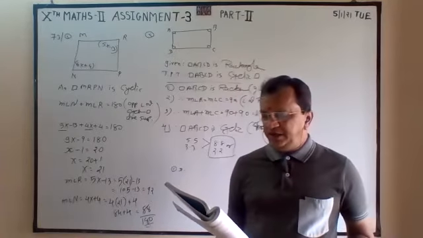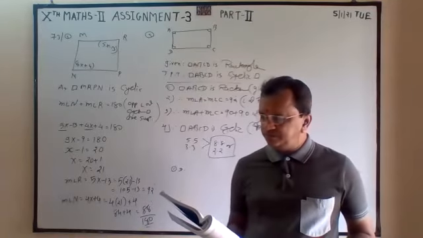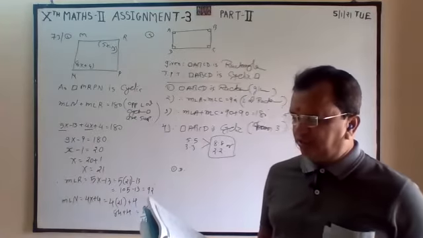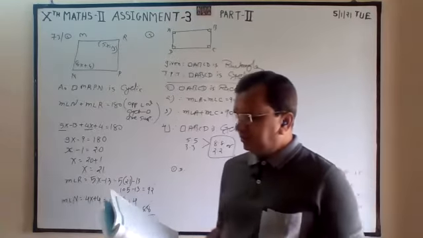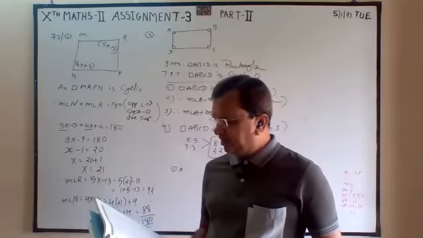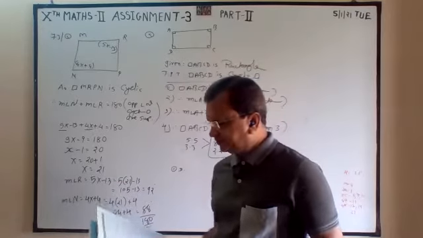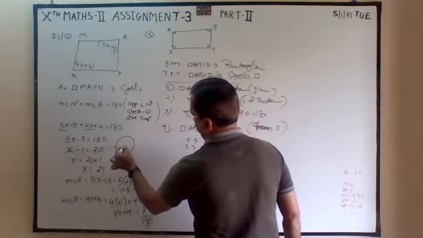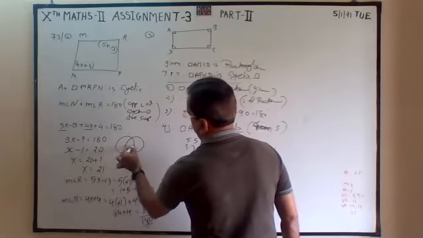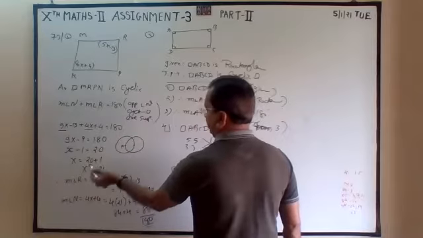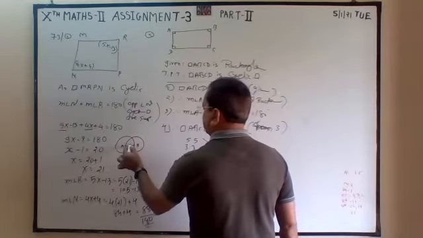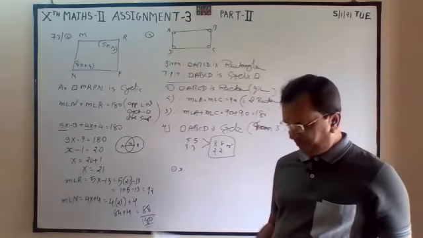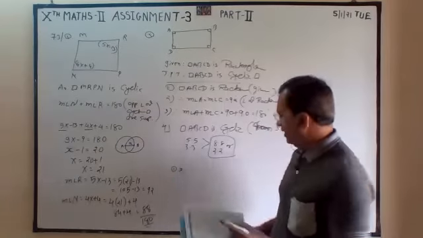Two circles intersect each other such that each circle passes through the center of the other. The distance between their centers is 12. What is the radius of each? A is the center of this, B is the center of this, and the distance is given as 12. So each radius is 12. Correct. So the second answer is B.